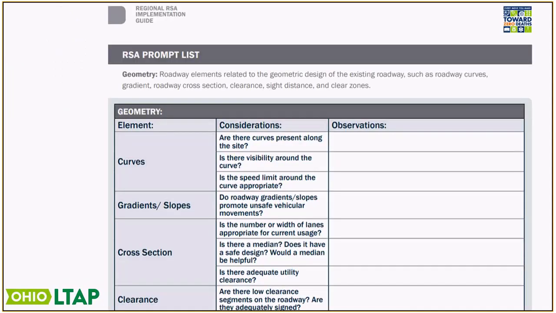Prompt list that I mentioned earlier. Here, this one is specific to the G in the GORE, the geometry, and it just takes you through some considerations. So this is another example we have out on the Road Safety Audit Tech Transfer Toolbox of a packet that was put together for regional RSAs and how to implement them. And this one goes through the different features for geometry, and it goes on, of course, but that's just an example. And there's other prompt lists out there as well.